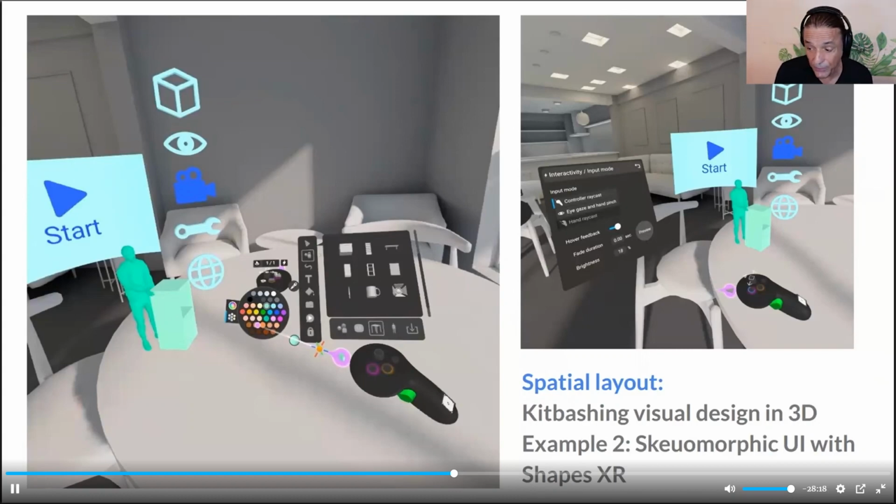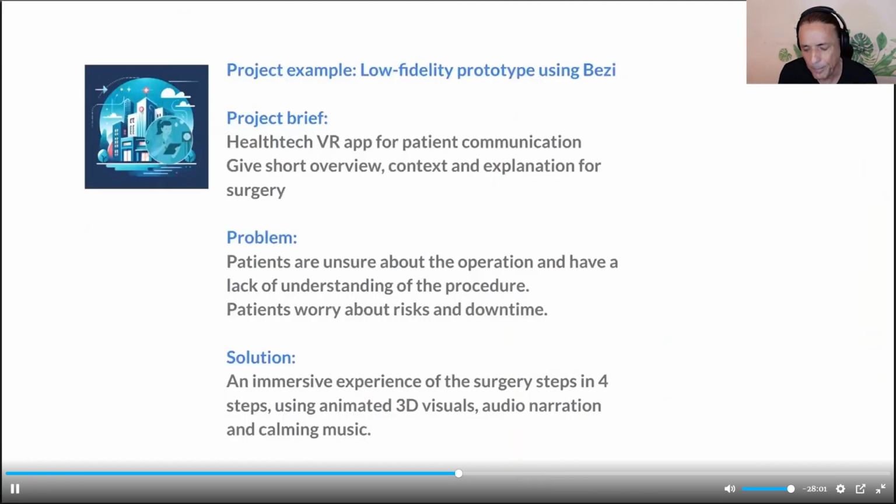ShapesXR is great for especially these UI, skeuomorphic UI kind of things. And it actually allows for some interaction. You can design some interactive parts and export it to Unity. There is a pipeline for that. But now getting to the projects where I want to do a little bit more, my preferred method is